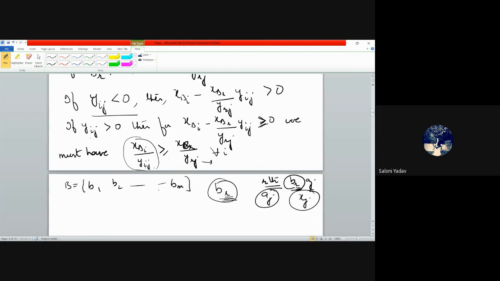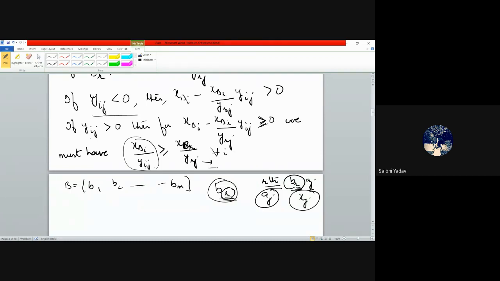So right now, how should we choose the variable R? So far we had assumed that BR leaves the basis. But this assumption cannot be so general. It has to have some mathematical logic and facts behind it, so that we are able to choose an appropriate R in such a manner that whatever new solution we get still remains a basic feasible solution. That is why we are now choosing R in such a manner.